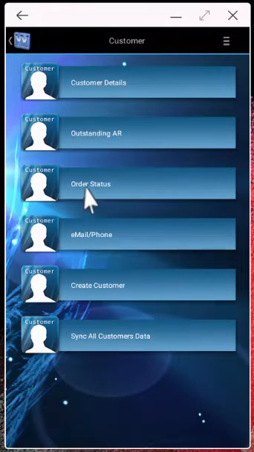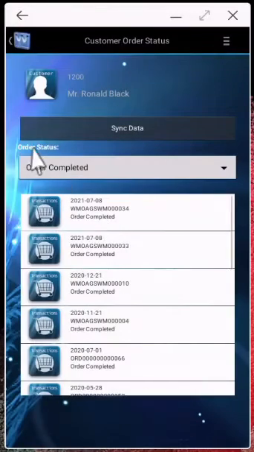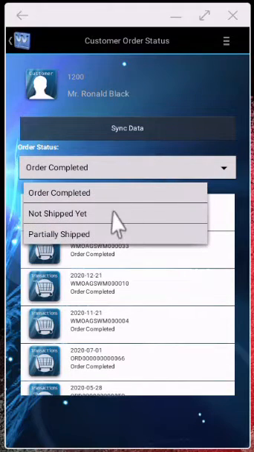Now I can do the same thing with order status. So I can click on order status and I can view all my different transactions. Now, what do we have available? I have completed transactions. That means that I have an order in the system and it's been completed and fully invoiced. Now, I also have not shipped yet, which means that it's an order in the system and nothing has been done to it. And then I also have partially shipped, meaning that I placed an order, I have some items that we have shipped out, but there's back orders, and those items have orders that are still sitting in